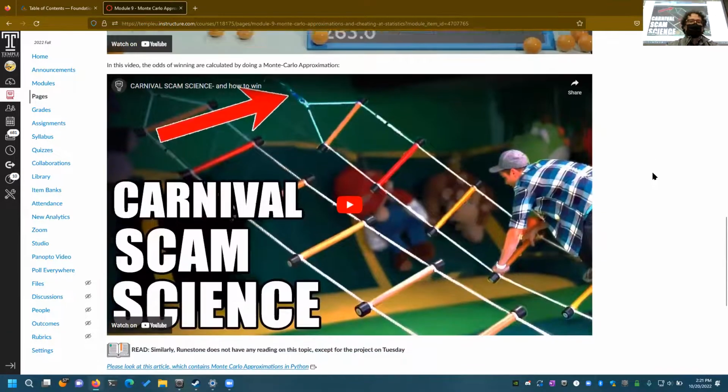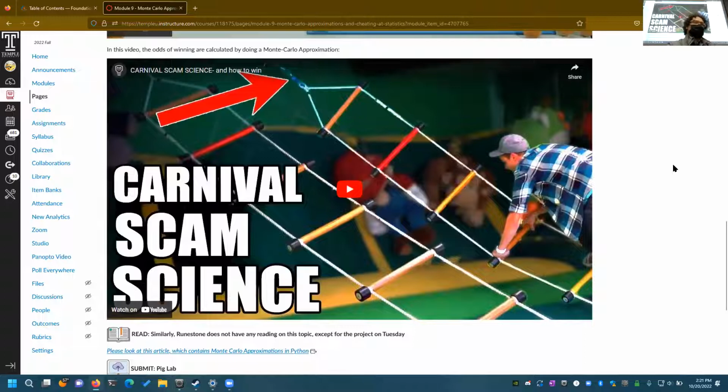And in this video over here, as I mentioned at the end of it, this is basically checking different carnival games and seeing what the chances of winning those carnival games are by doing a Monte Carlo approximation, which is just somebody sat and watched the game and basically checked how many games were played, as well as counting how many people won the game. So like saying, okay, the game was played 500 times, but only 40 people won,